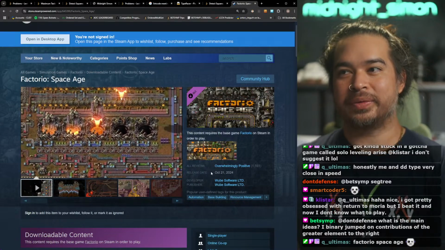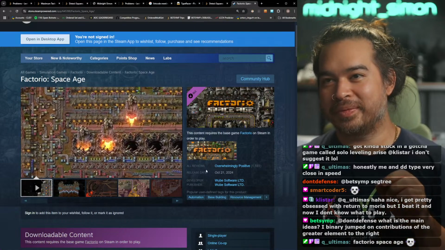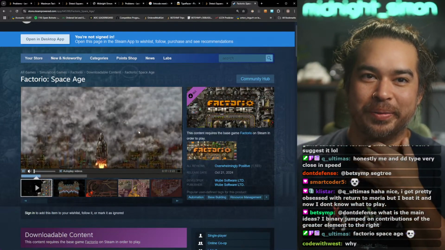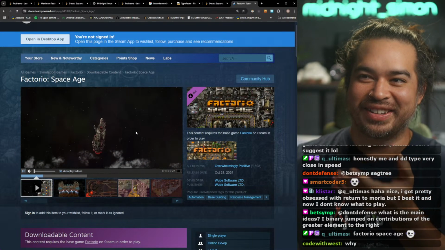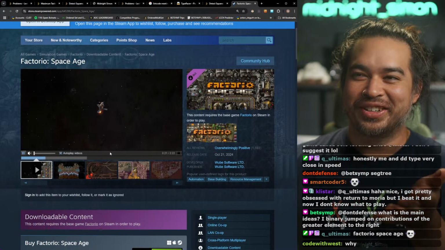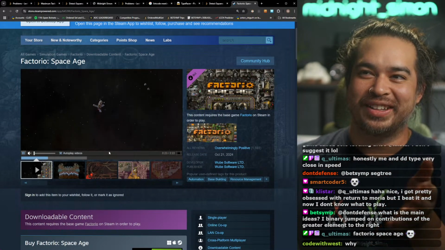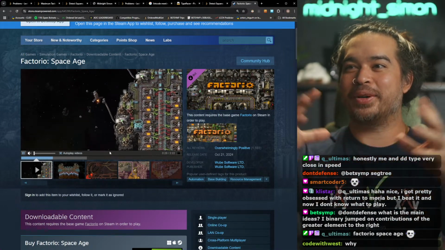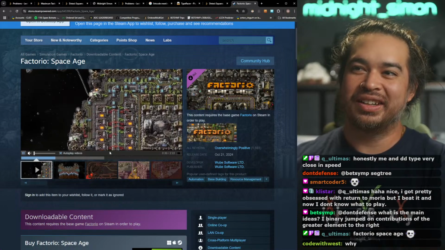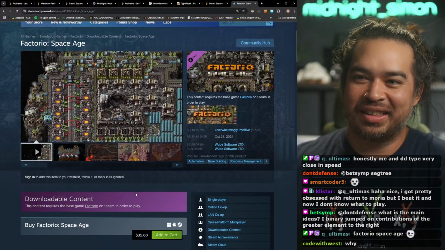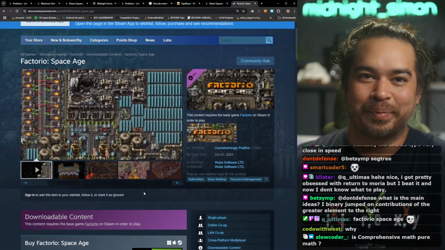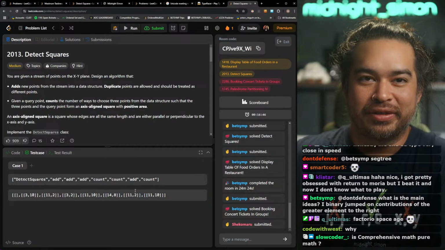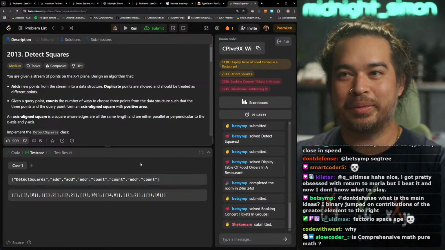For sure. If you're a programmer, you gotta play this game. This is basically programming, you know? Why? Because you're building a program, and then you can build subroutines and have them all work together and feed into things. I think it's a great game. The comprehensive math? It was comprehensive math, pure math? What do you mean?